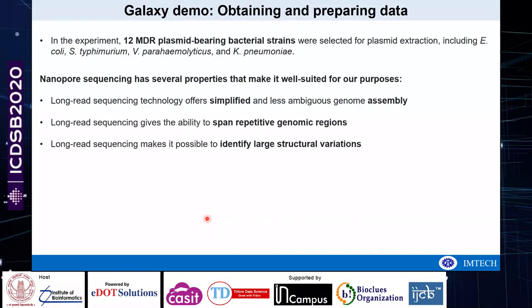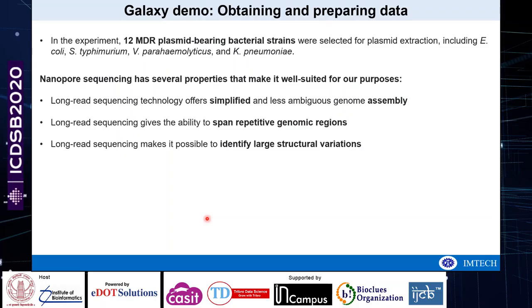So basically in this experiment, they retrieved 12 MDR plasmid-bearing bacterial strains, which include E. coli and Klebsiella pneumoniae, etc. And nanopore sequencing has several properties that make it well suited for our purpose. After performing nanopore sequencing, long read sequencing technology offers simplified and less ambiguous genome assembly. Long read sequencing gives the ability to span repetitive genomic regions, and it makes it possible to identify